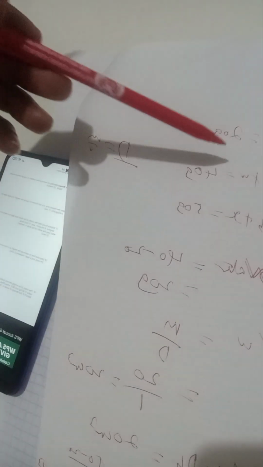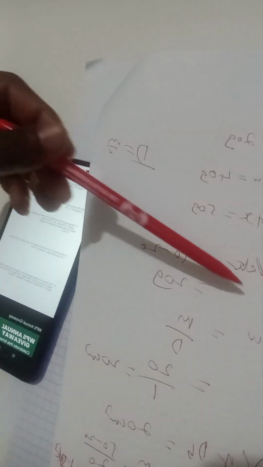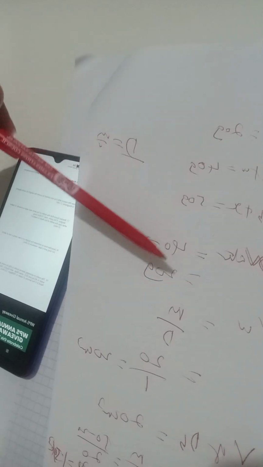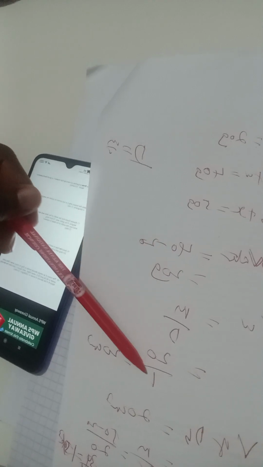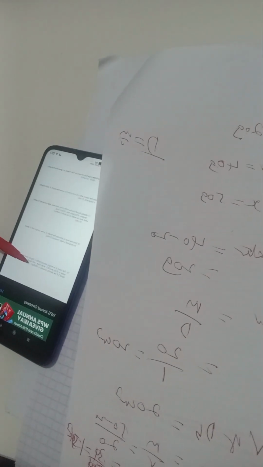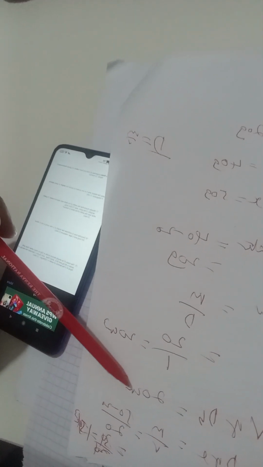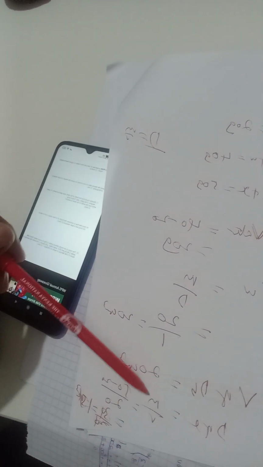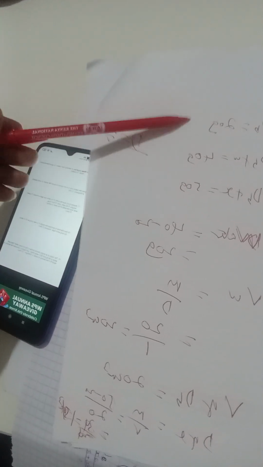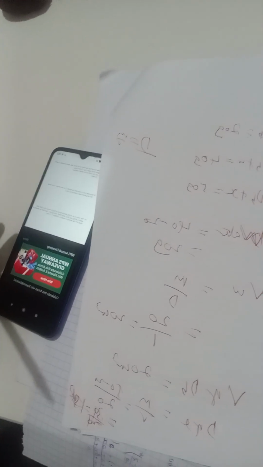Very important, I may repeat. The mass of the density bottle according to the instruction here is 20. Mass of density bottle plus water is 40. Density bottle plus X is 50. Mass of water will be 40 minus 20, that is 20. Volume of water is mass over density, that is 20 over 1. Where did I get this one? From 1000 kilogram per meter cubed, which is the same as 1 gram per centimeter cubed. Then the volume of the density bottle is the same as the volume of water inside. That is 20. Density of X is mass of X over volume. Mass of X is 50 minus 20, that is 30, over 20. Otherwise, thank you and may God bless you.